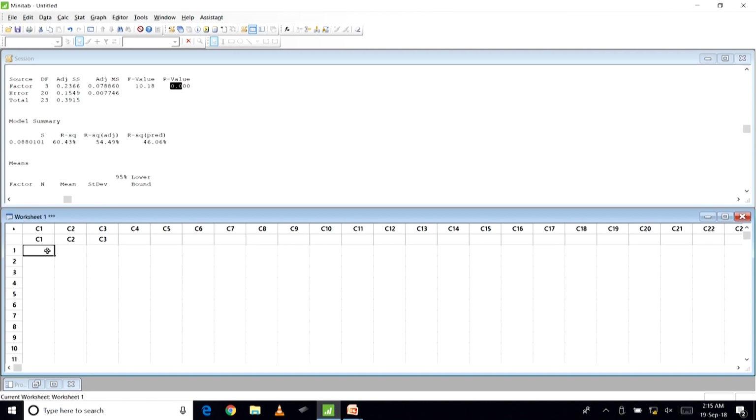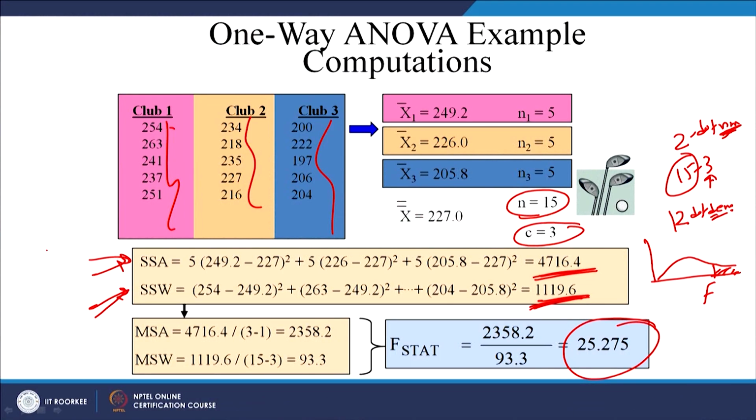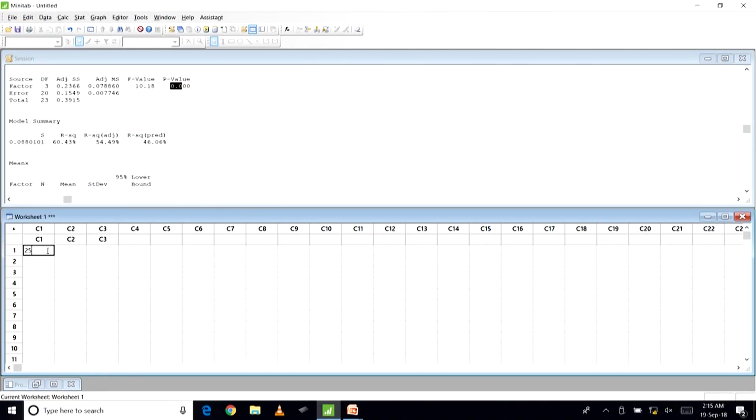So, the first one is, let us look at 254, 263, 241, 237, 251. So, these are 5 points for group 1, then for group 2,